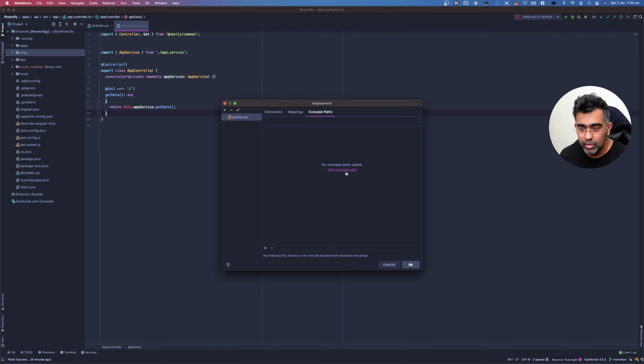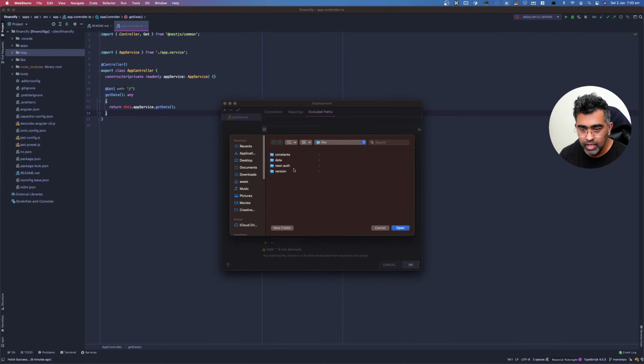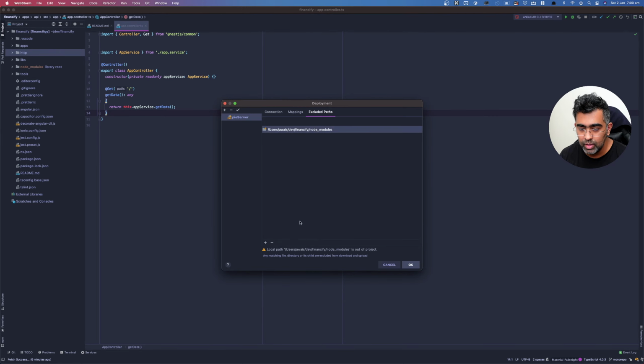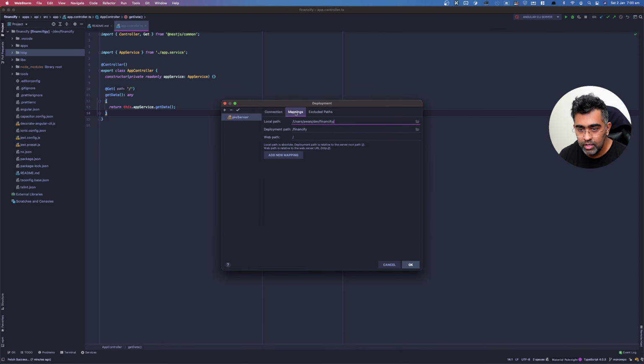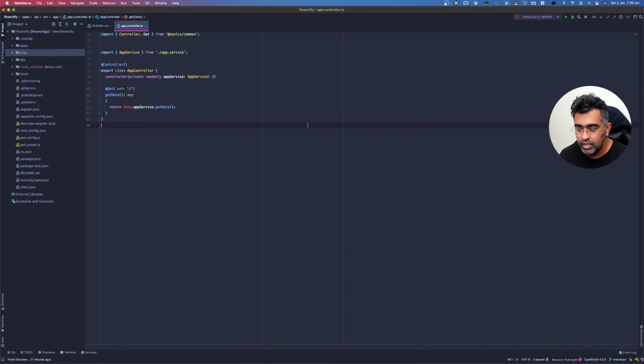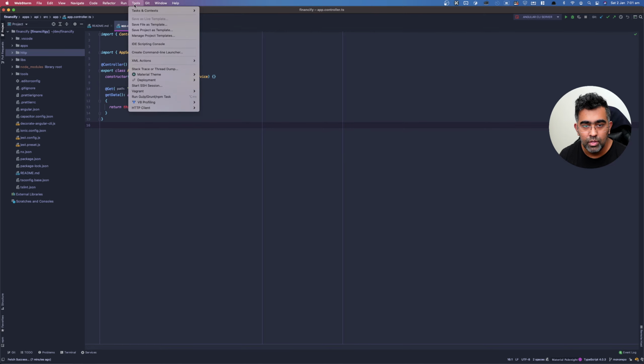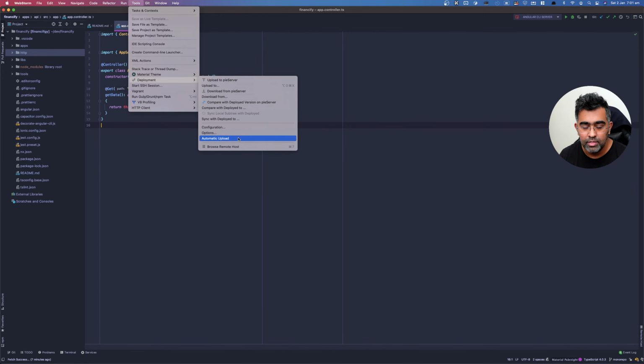Now there's going to be an excluded path, which I'll add, and I'm just going to add a local path. And I'm going to make sure that I get rid of this node modules folder. Okay, and that should be excluded. I'll just do one more. So the deployment path, I'll make sure that I get rid of that as well. Okay, now if I click OK,